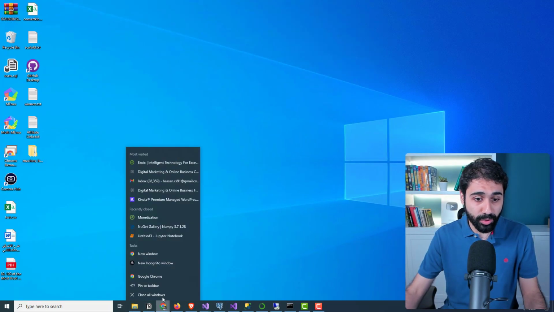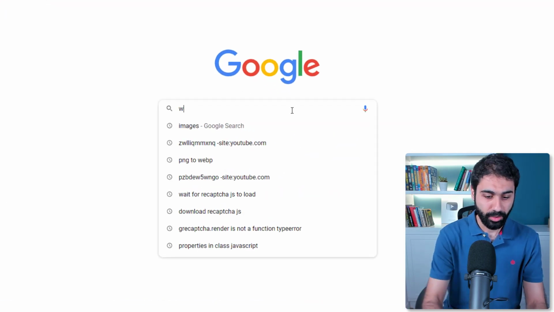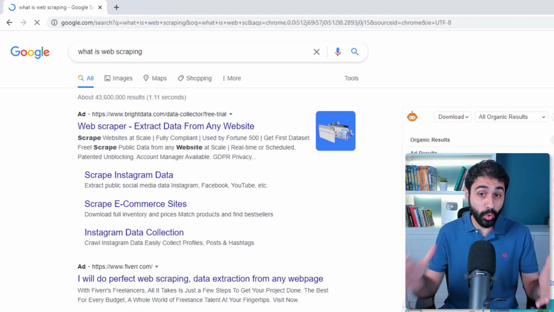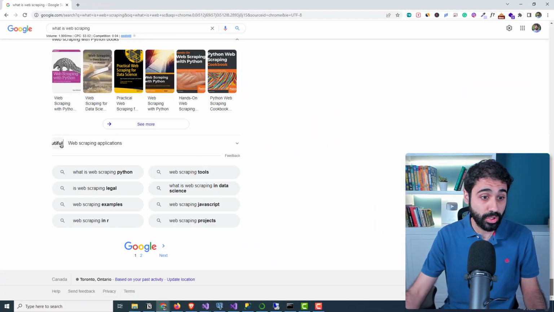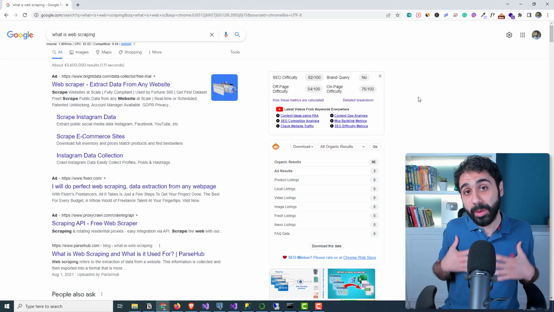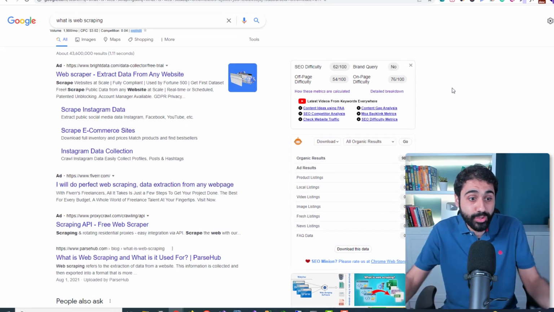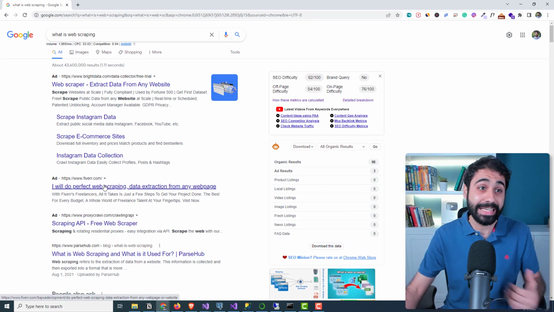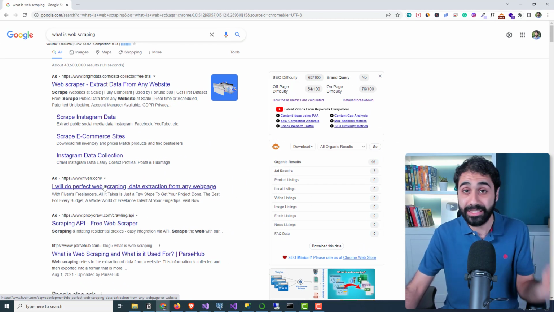If you open your web browser now and search for something online, like what is web scraping, you see Google will show you these search results, up to 100 search results with multiple pages. So what we want to do with web scraping is scrape this page with our code and read these links and titles. This is very important in a lot of scenarios like SEO monitoring and tracking,